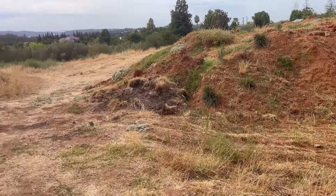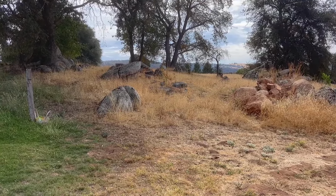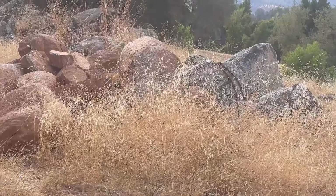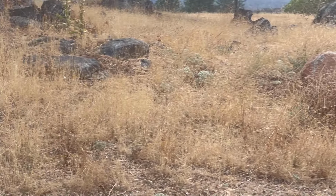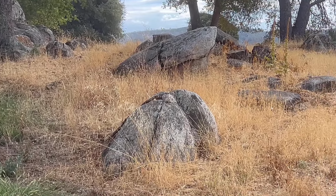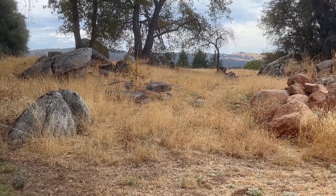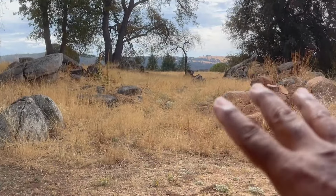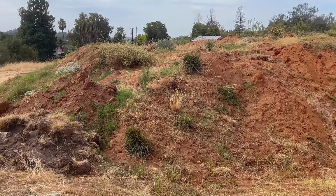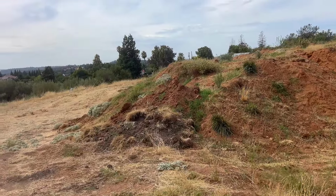But as we go this way, this is the waterfall section. So he has this vision already set out, but look at all these natural rocks. I mean, monster boulders, monster boulders. He's gonna actually remove these out of the ground, reshape it obviously, but this is where he's gonna have his waterfall section. Waterfall section is gonna be here. It's gonna drop down. He's got a bog filter on the other side. I mean, my boy Michael is doing the ultimate